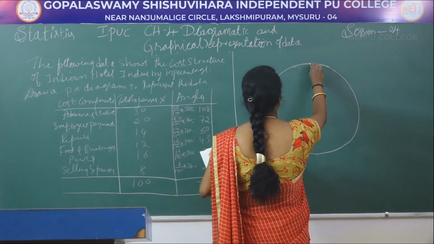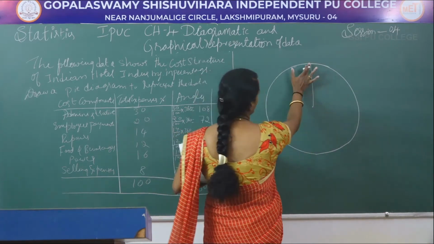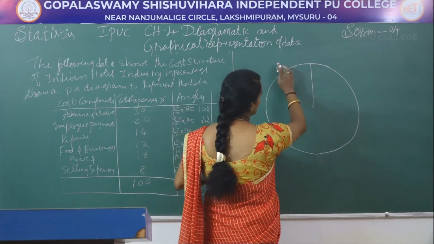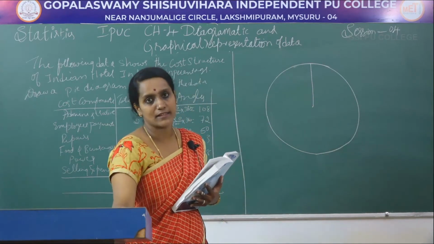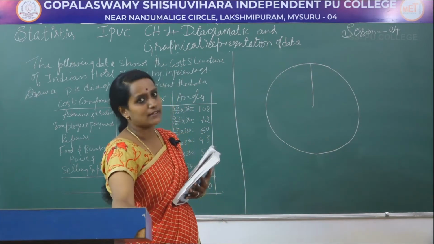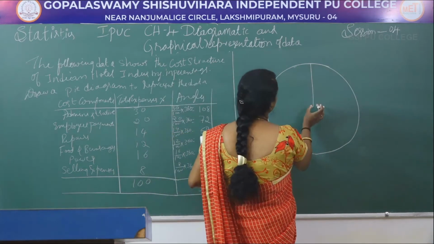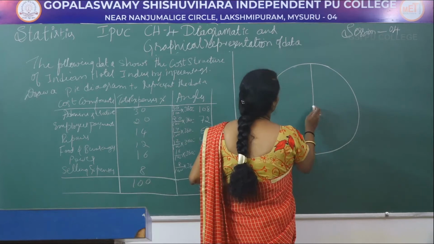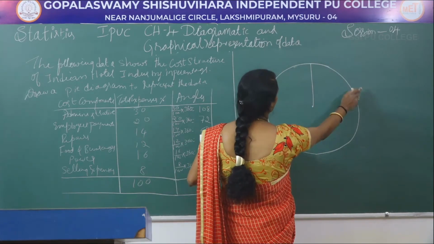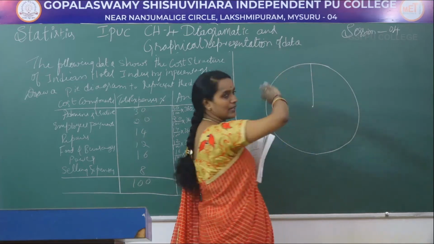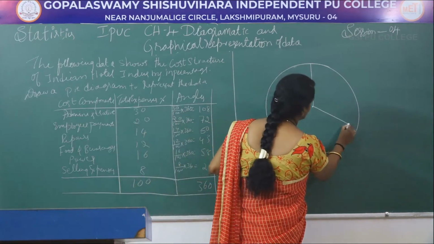So you just put one line for this. Since this is the radius, you have to put the protractor on this, and you have to count from that side. You know how to take the angle, how to draw the angles. In the same way we are drawing here. This is the center point. Placing the protractor on this line, you have to count the angles. From left to right, the first angle is 108, so it comes here.